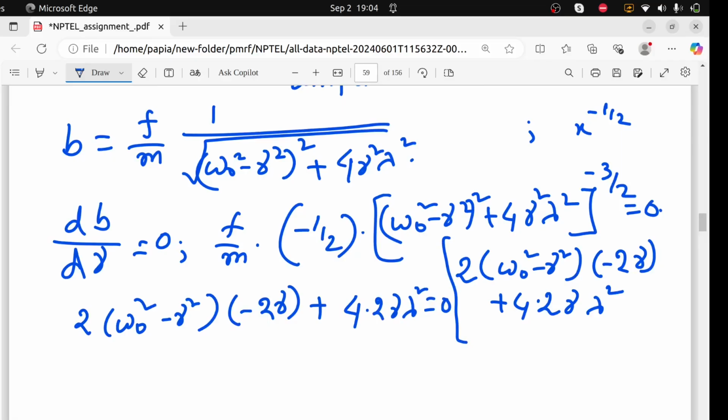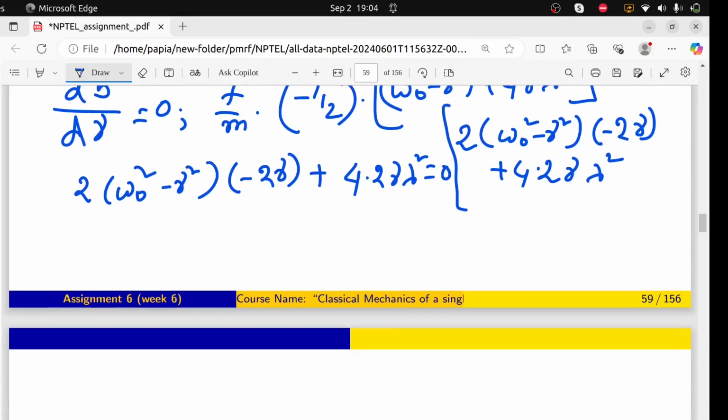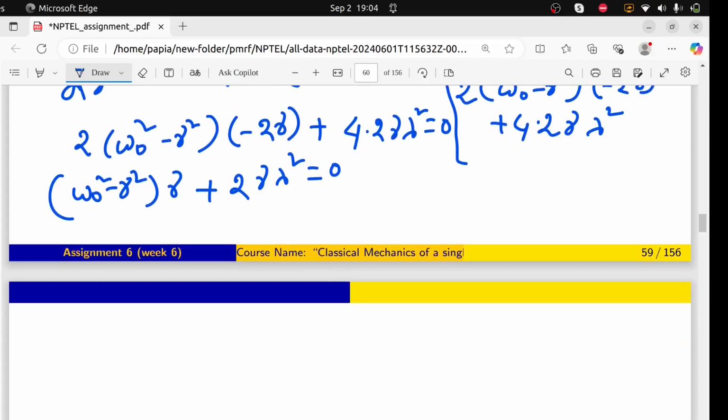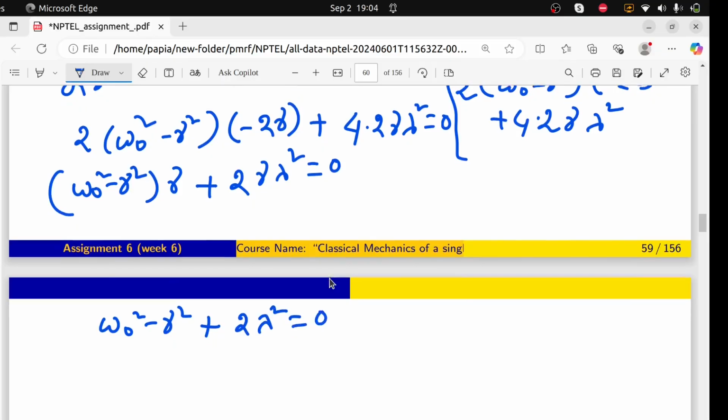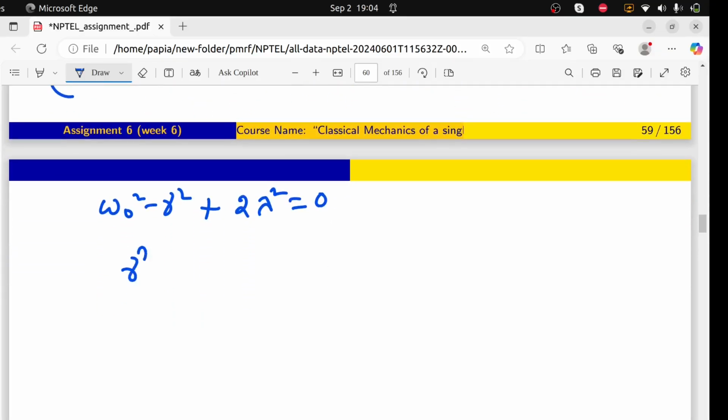Okay, so then you can see here that omega 0 square minus gamma square into gamma plus 2 gamma lambda square equals to 0. So gamma will not be 0. So that means omega 0 square minus gamma square plus 2 lambda square equals to 0. So from there I can have gamma square equals to omega 0 square